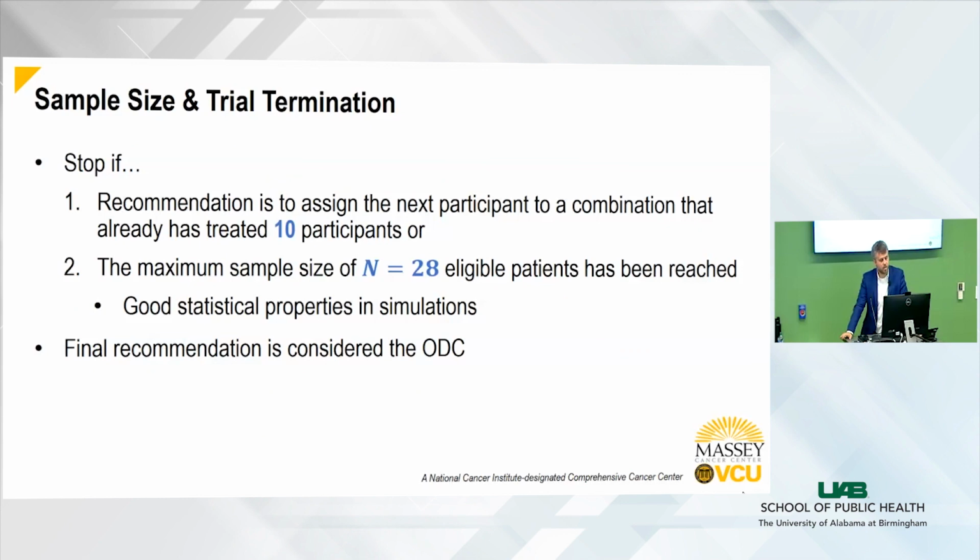We're going to stop the trial if the recommendation was to assign the next participant to a combination that already had 10 participants, or the maximum sample size of N equal 28. I know on the first slide you saw that we had 35 patients on this trial. We had to stop in the middle and make an amendment for one of the doses, the venetoclax